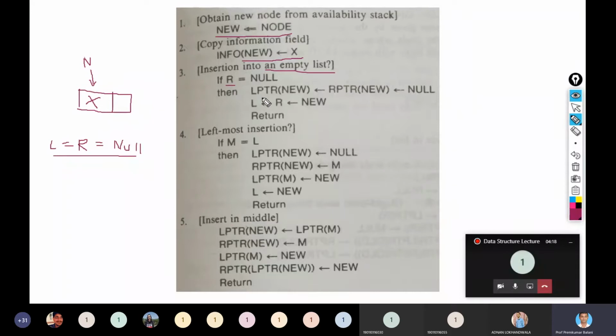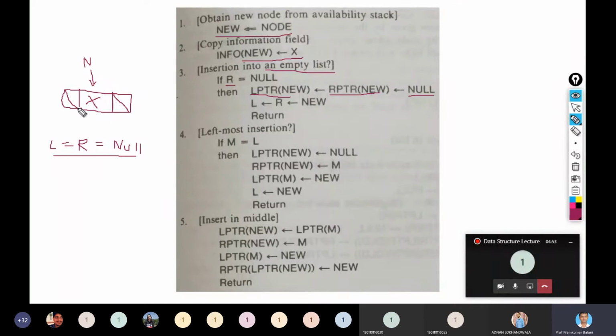So for this node, this is a doubly linked linear list node, so it will have 2 pointers instead of 1 pointer. The new node which you get will have 2 pointers, LPTR and RPTR. So the left pointer of new as well as the right pointer of new will be stored with null. Why null? Because this is going to be the first node, because the list is empty.